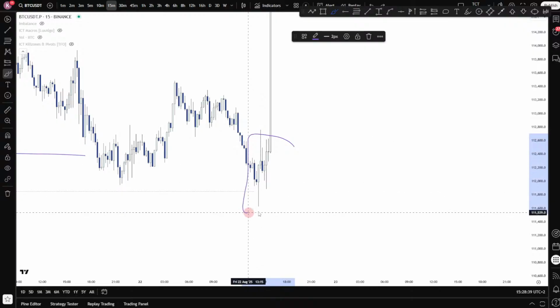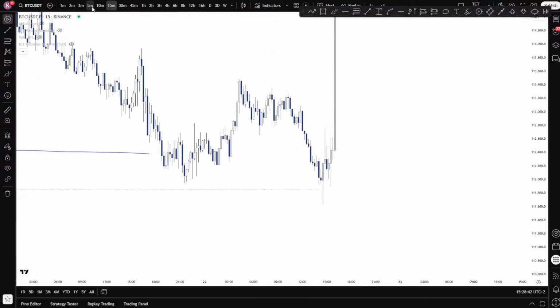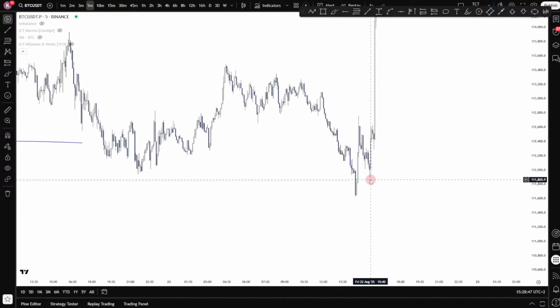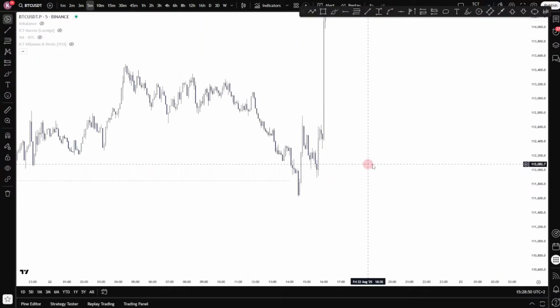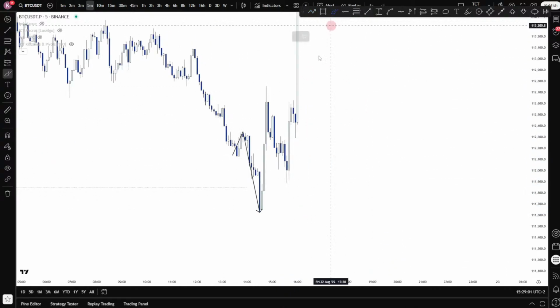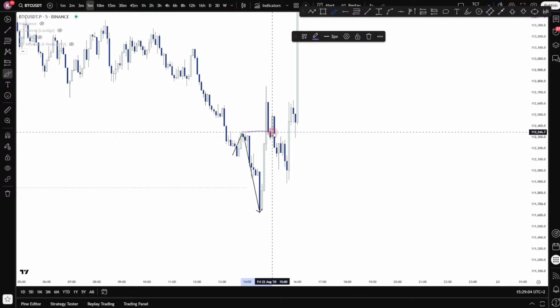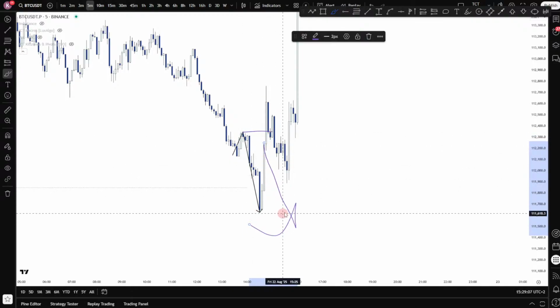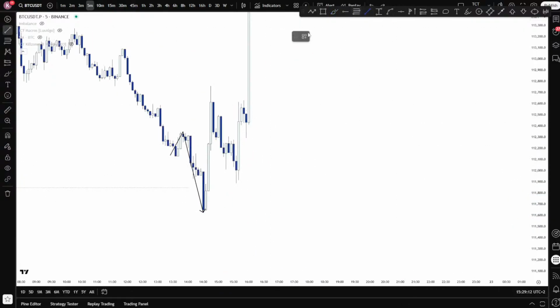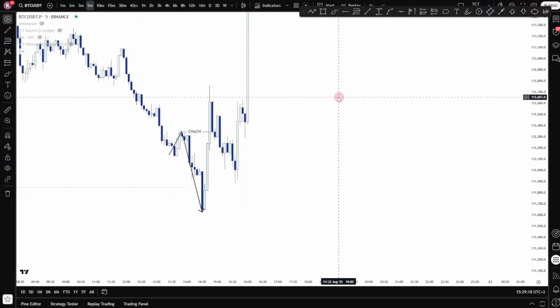So I'm really curious about this part. Let's go 5 minutes. I mean, this is just a beautiful break of structure, right? Just after New York Open as well. So when we start drawing in our market structure, this was our lower high that brought us all the way towards new lower lows. That also means if you managed to stay below that part, you were still bearish and you could still expect lower, even though we've taken out good liquidity here. But what we've done is we have made a change of character, which of course is really bullish.